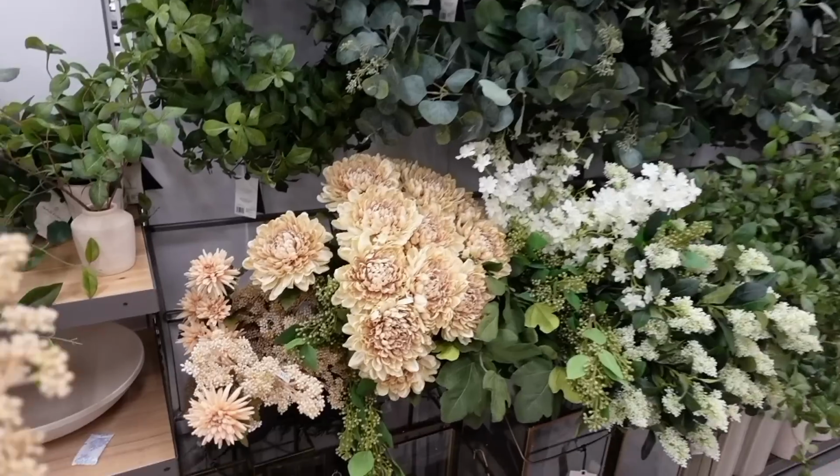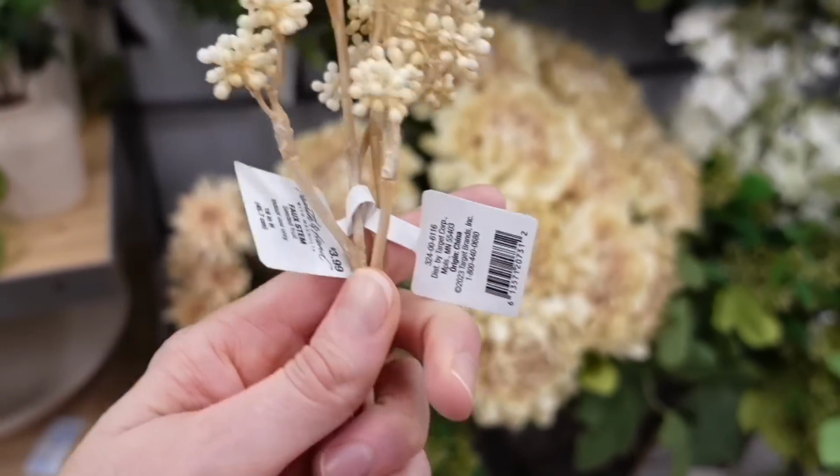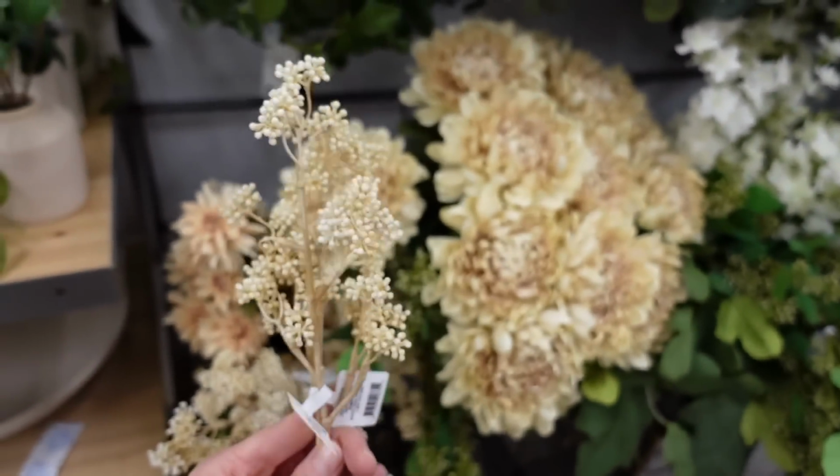So when I shared this vase last week, I got so many questions. It looks way different than it does online. I know it does. It is really beautiful in person. It's very peachy looking online, and in person it's not. It has a nice taupe color to it, and the detail is fantastic. I also like that it's a smaller mouth opening on it, so that it doesn't require as many florals to use in it. So I wanted to show you how pretty this looks, and with some of the spring florals